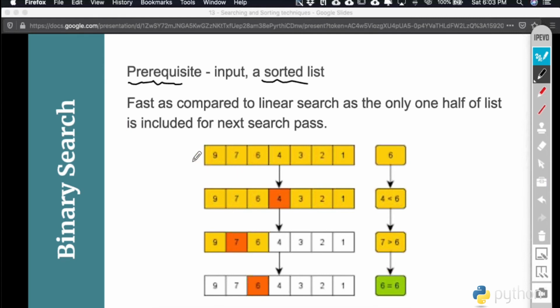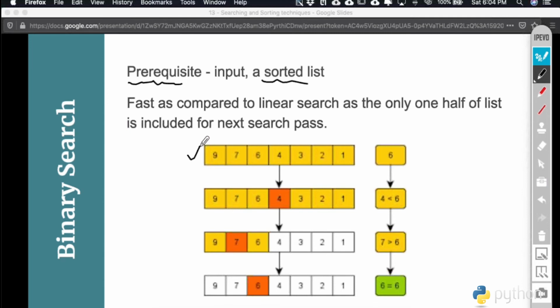In this case, it is clearly shown that this is a decreasing order pattern, or we can say that the items are arranged in descending order. Because 9 is the largest element of the list, it comes first, then 7, then 6, then 4, then 3, then 2, and then 1. And the smallest element of the list is at the last location of this list, as you can see.